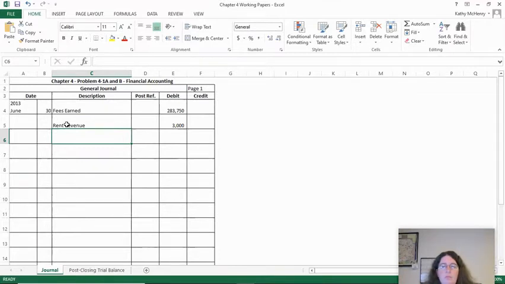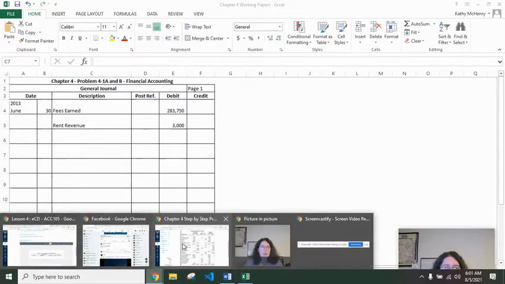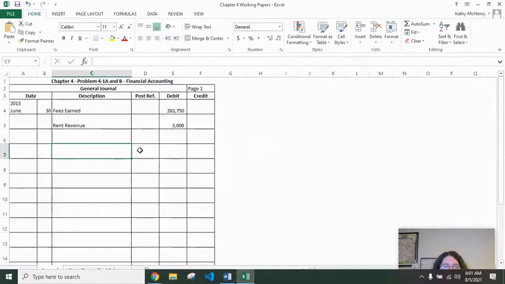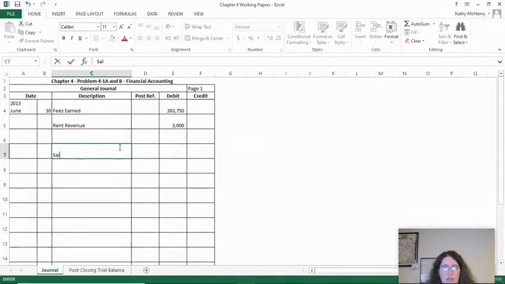Okay. Now, I know something ahead of time, so I'm going to skip a line here, and I'll tell you why in just a few minutes. Next thing I'm going to do is list all of those expenses that are on this spreadsheet, from salaries and wages expense straight on down to miscellaneous expense. Again, I'm pulling these numbers out of the adjusted trial balance. Okay, so salaries and wages expense,